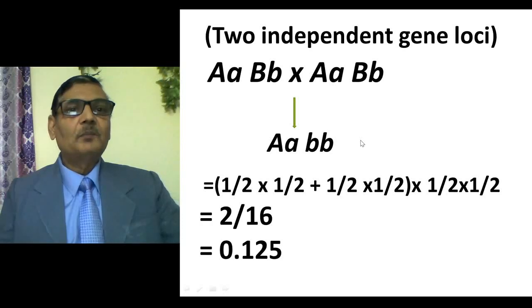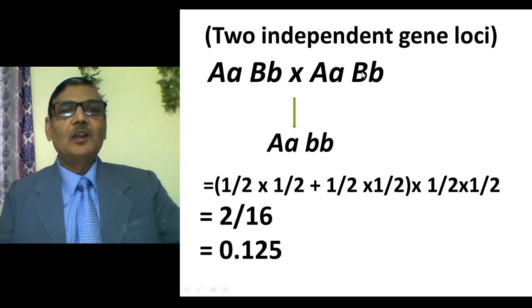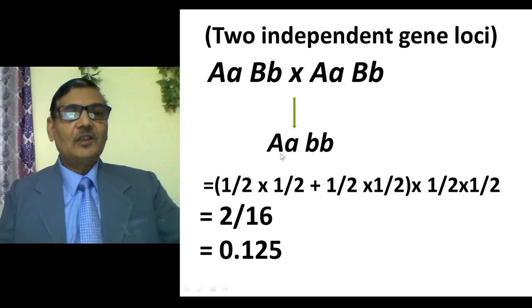In this example, again two heterozygotes are there. These are two gene loci situated on two non-homologous chromosomes. So they are actually independent gene loci, and it is exactly similar to a dihybrid case. Two heterozygotes are there, and they are being crossed with each other. Now the question is getting an individual in the next generation with the genotype capital A small a and small b small b. See here, the parents are of genotype capital A small a and capital A small a.